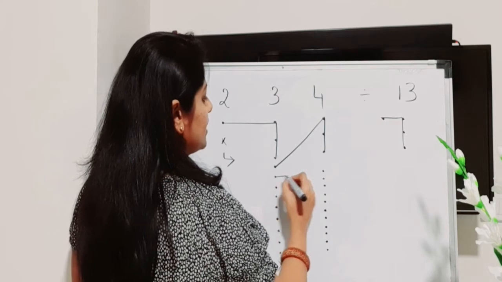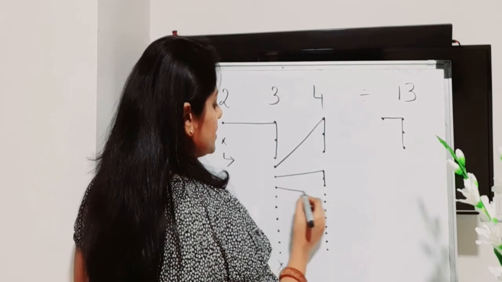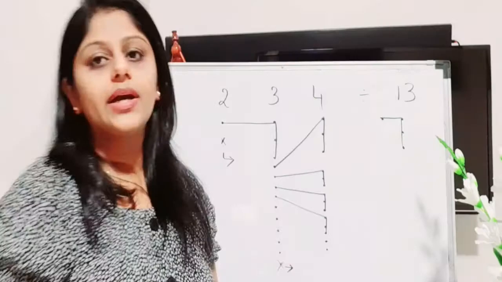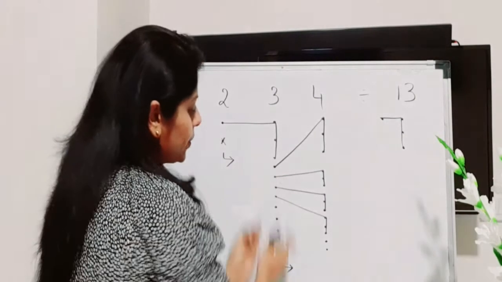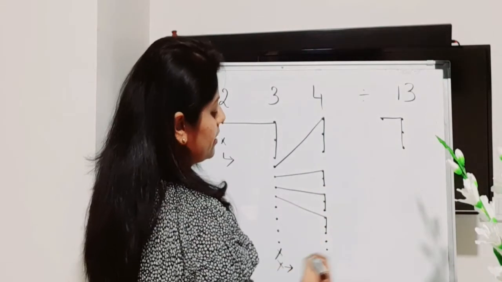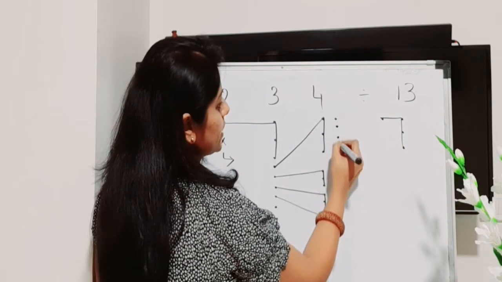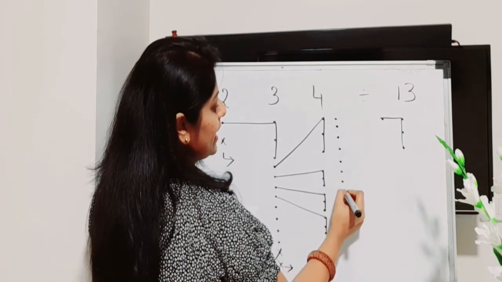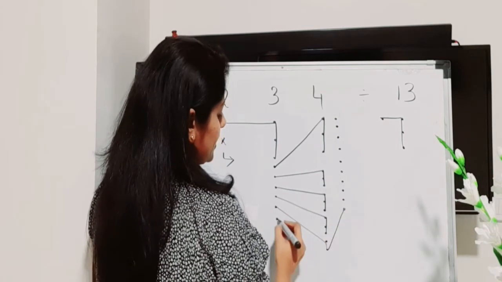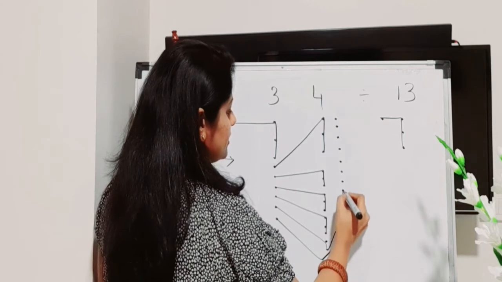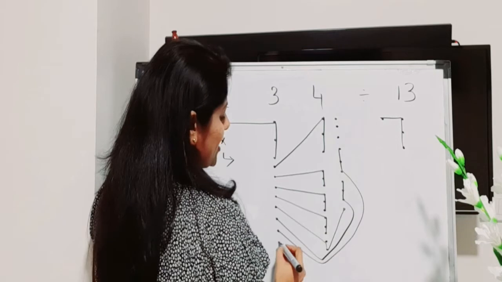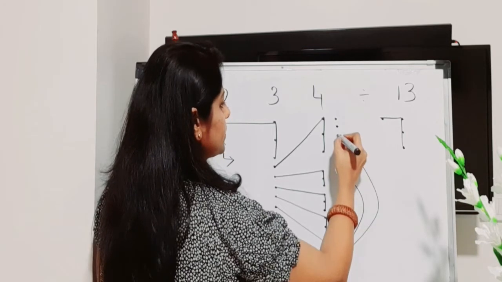Now start grouping 1 in this, 3 in this, 1 from this, 3 from this, 1 from this, 3 from this. Again the same condition came, that is we have dot over here but we don't have 3 dots here. So again cut 1 from here and move it over here. So 1, 2, 3, 4, 5, 6, 7, 8, 9 and 10. So 1 dot from here, 3 dots from here, again 1 dot from here and 3 dots from here, 1 dot from here, 3 dot over here and 1 dot from here and 3 dot over here.